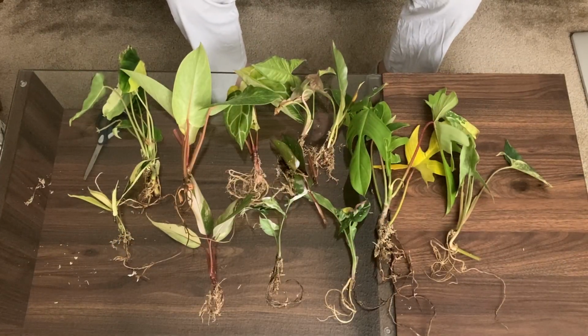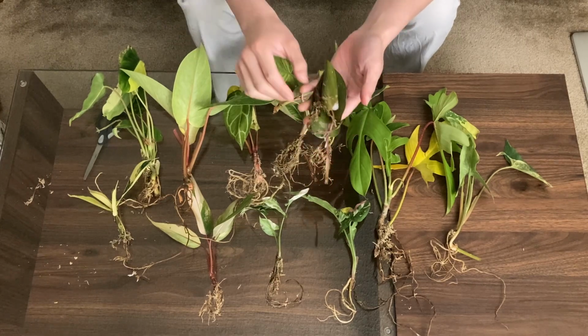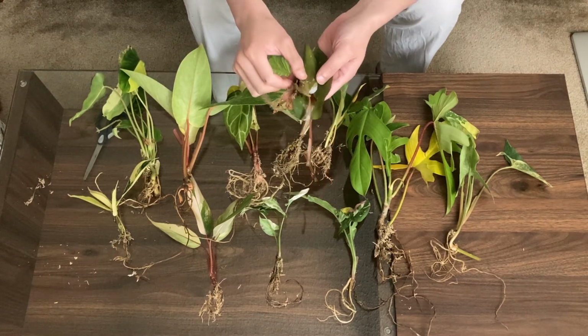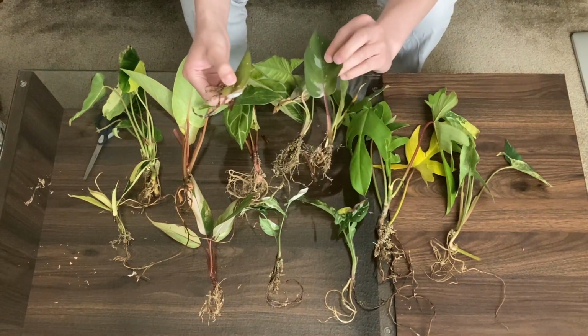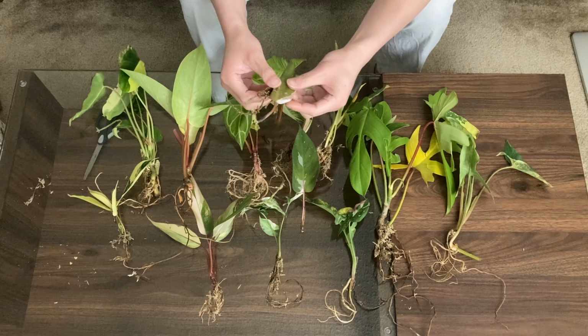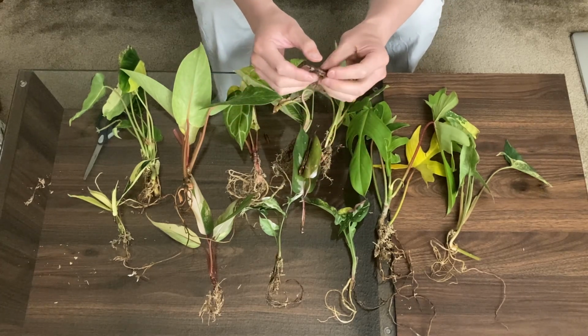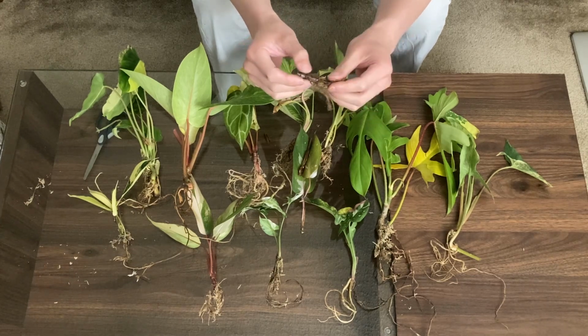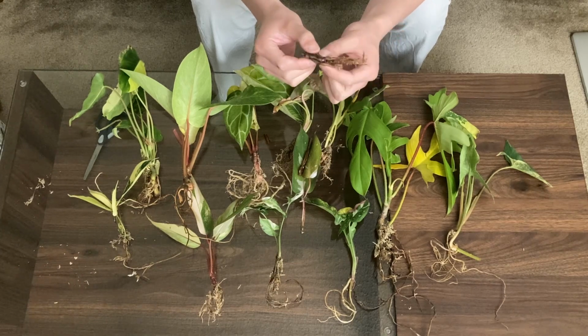So I finally unpackaged all the plants from the sphagnum moss. Most of them look pretty good, but one of them, the Philodendron Anderson, doesn't look like it's gonna make it. Although the leaves do look very nice, they fell off immediately. And there's some mushiness on the stem. The roots are okay, and there's a small portion at the bottom that's still firm, so I don't know if